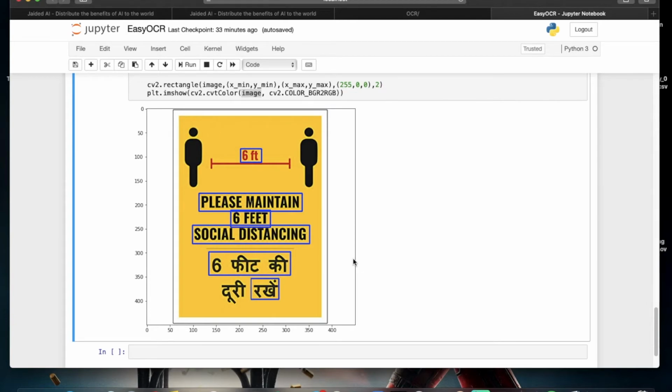It is easily able to detect the typed text. But in case of handwritten text, there are horizontal strokes and vertical strokes, which I don't think EasyOCR can detect. I have tested it: if you write in a really bold, typed manner of handwriting, then it can detect. But if you have cursive writing, it is impossible for EasyOCR to detect it. For that you have to build your own model and train it from scratch, and that is handwriting detection, a different topic separately.